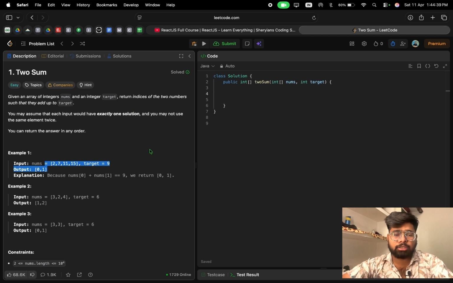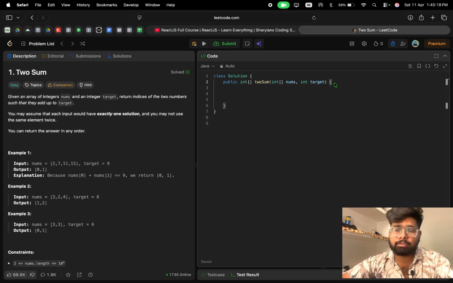We have two approaches. Approach number 1 is to use two loops, find the sum, and return it in the form of an array of size 2. Approach number 2 is to use a hashmap so that we can store the difference in the hashmap. The time complexity of the two loops is O(n^2), and with the hashmap it is O(n). But the space complexity of using a hashmap is O(n), and using two loops is O(1).